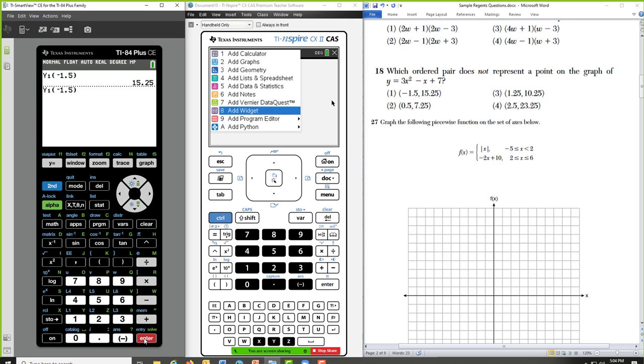Up arrow twice. I could now try something like 1.25, and when I press enter, I see that the output is 10.4375, which doesn't match up with answer 3. This is just a way to do it. Maybe it's more intuitive for your students.